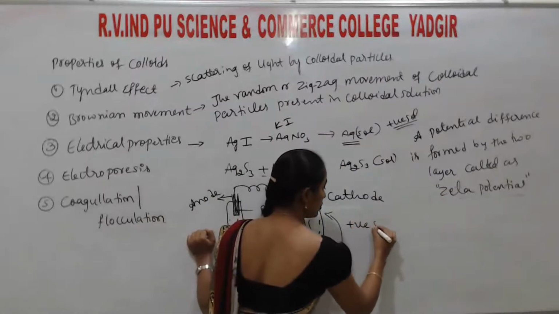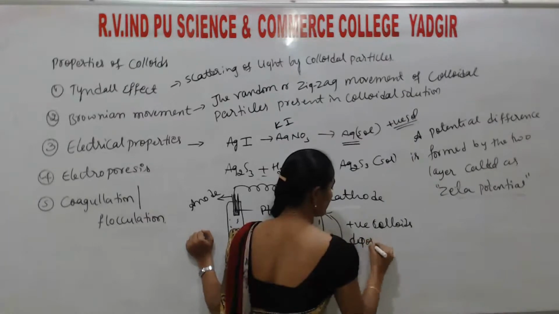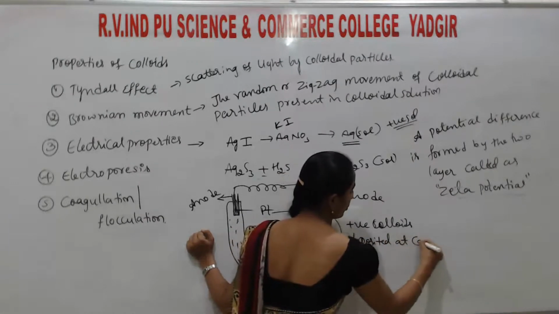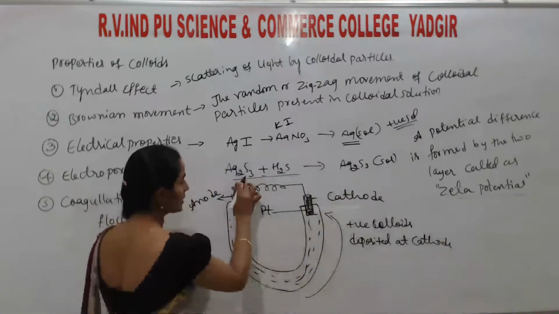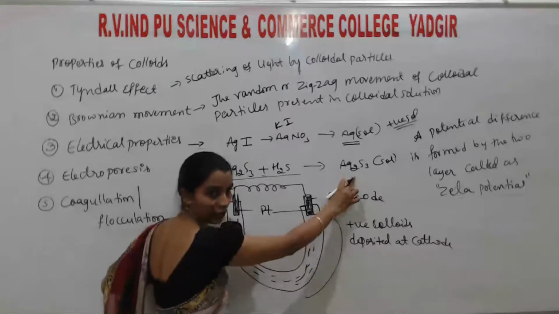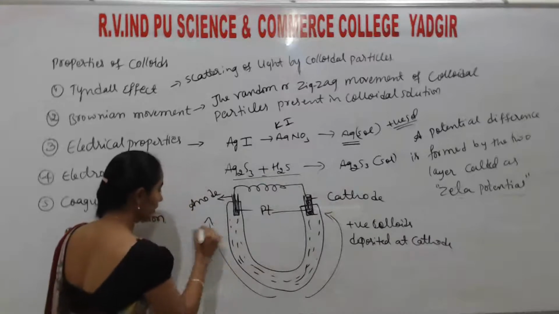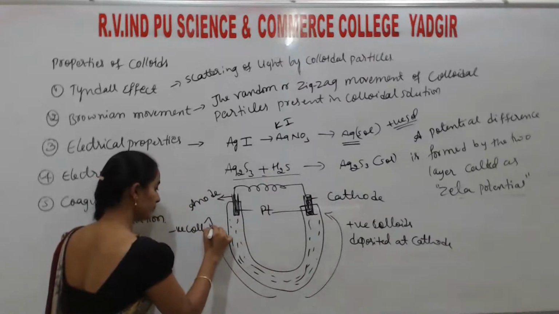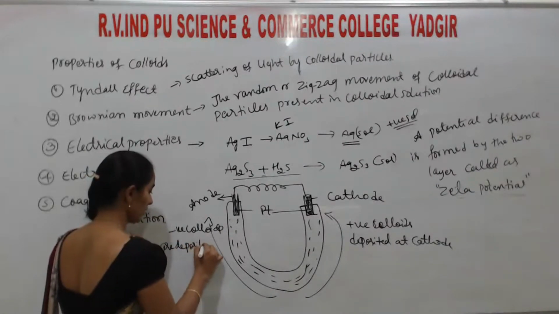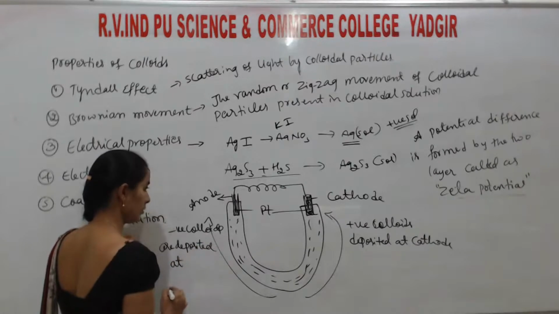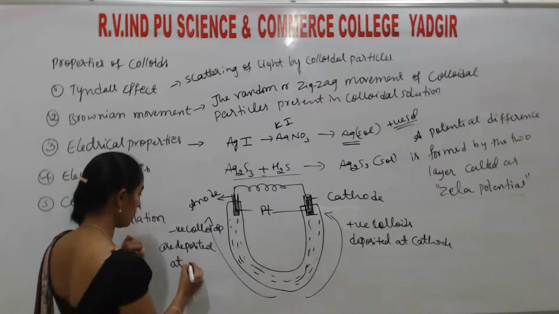So positive salts or colloids deposit at cathode. Correct? So use this same idea. Ag2S is negative, with S2 minus surrounding it, that is a negative salt. So here the negative colloids are deposited at anode. Negative colloids are deposited at the